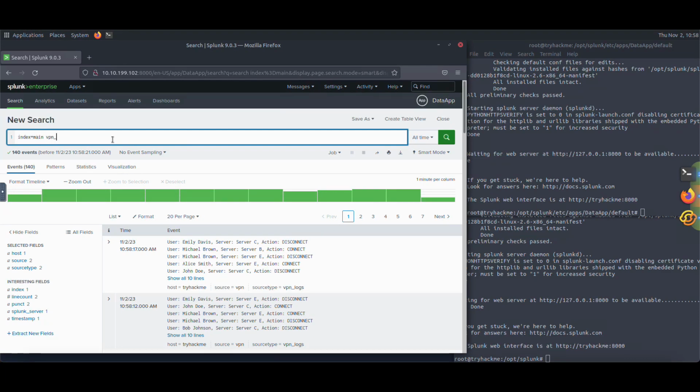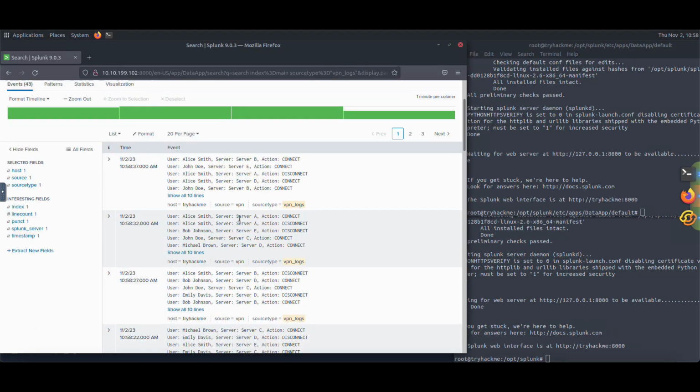But when I type source type, what was the wrong bit? What was the wrong part? It's VPN logs, right? Now it's coming back. Probably I just made a syntax mistake. Anyway, as you can see, we have our logs here, and we have to have them separately. And to do that, let's go to